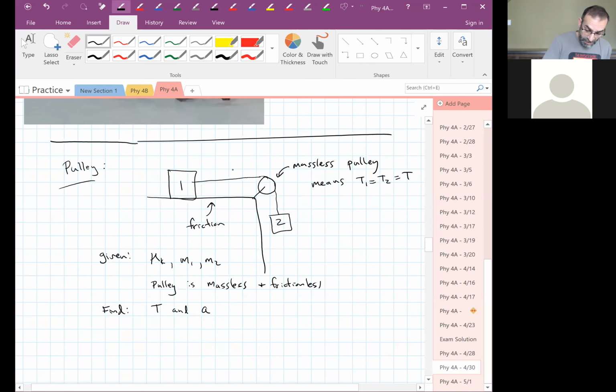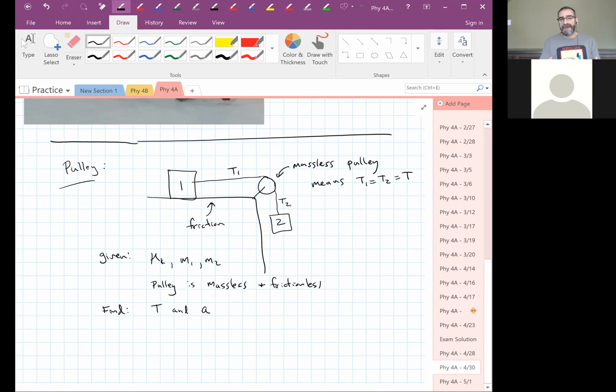is equal to T. So if we call this T1 and we call this T2, now we don't have to call them T1 and T2 anymore. We can just call them T. There's only 1 tension in this rope. It's the same everywhere. The pulley can change the direction of it, but it can't change the value if it's massless. Now,